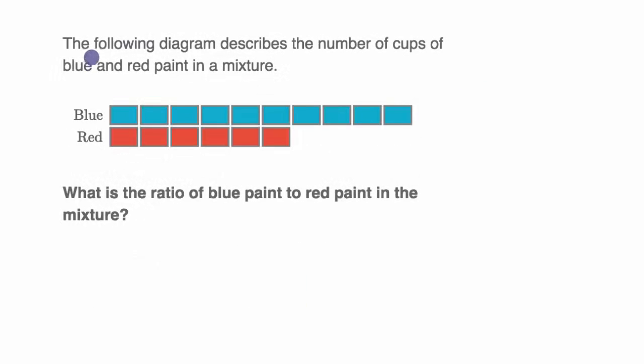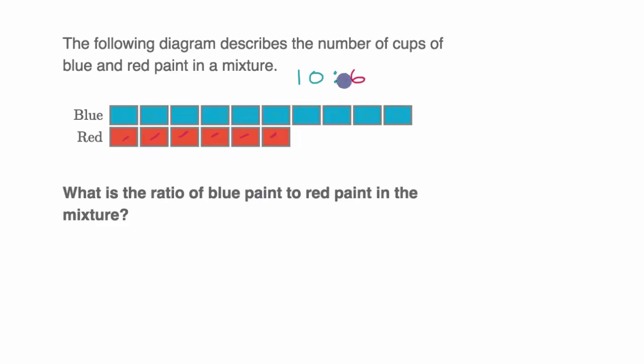Here we are told the following diagram describes the number of cups of blue and red paint in a mixture. What is the ratio of blue paint to red paint in the mixture? So try to work it out. All right, so let's just see. We have 1, 2, 3, 4, 5, 6, 7, 8, 9, 10 cups of blue paint for every 1, 2, 3, 4, 5, 6 cups of red paint. So this would be a legitimate ratio, a ratio of 10 cups of blue paint for every 6 cups of